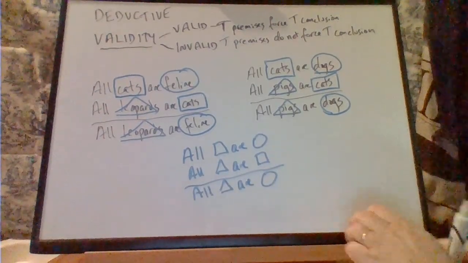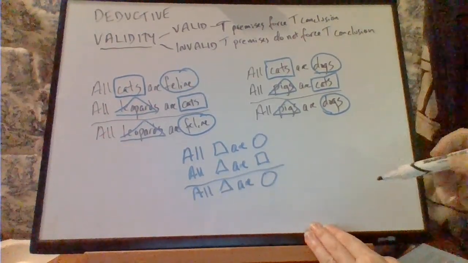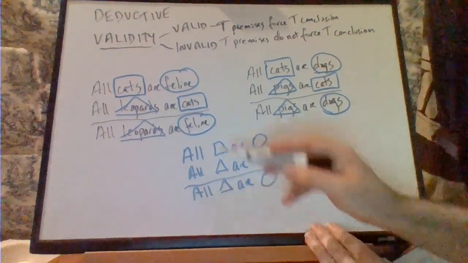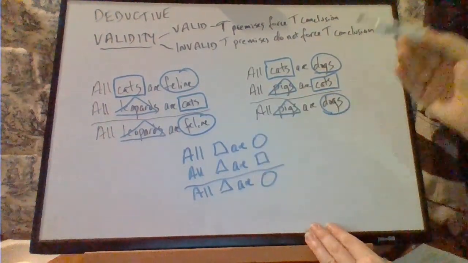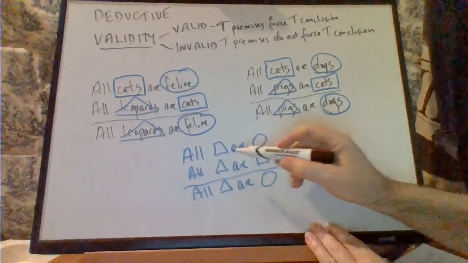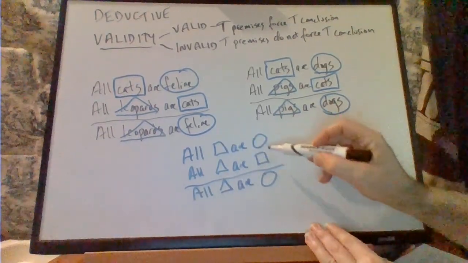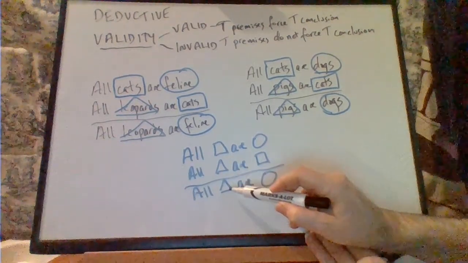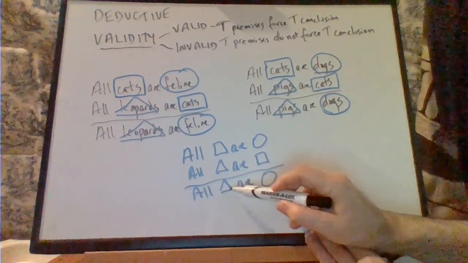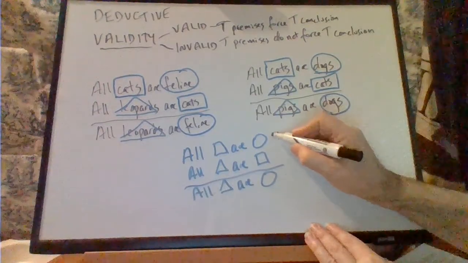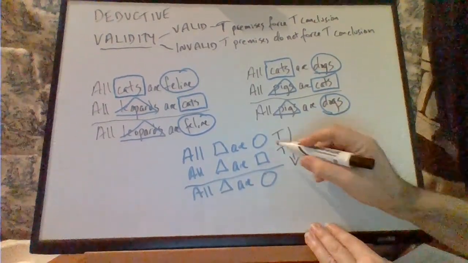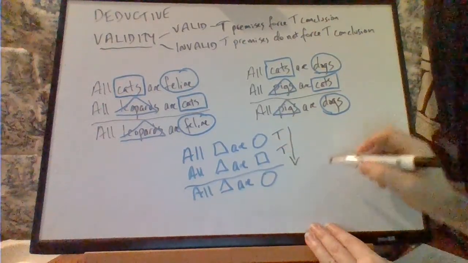Will the premises force a true conclusion? We have no idea what the squares, circles, and triangles stand for. They could be these words, or any combination, as long as what's here is also here, what's in this spot is also in that spot, and what's in that spot is the same as what's in that spot. And so if I evaluate this, these true premises, I'm going to assume they're true. So,